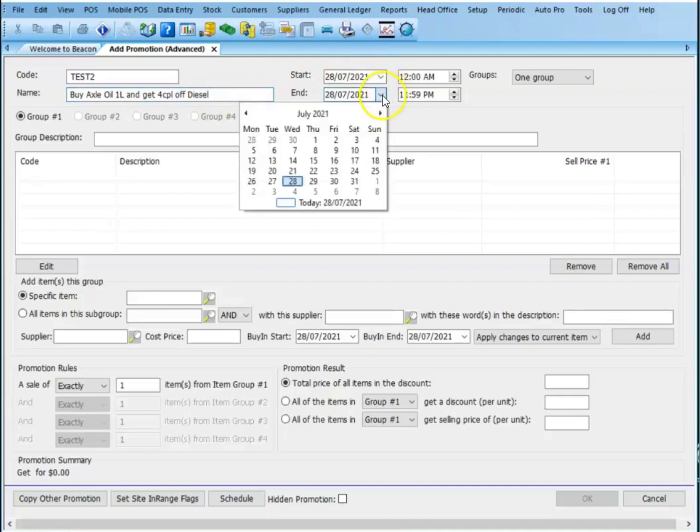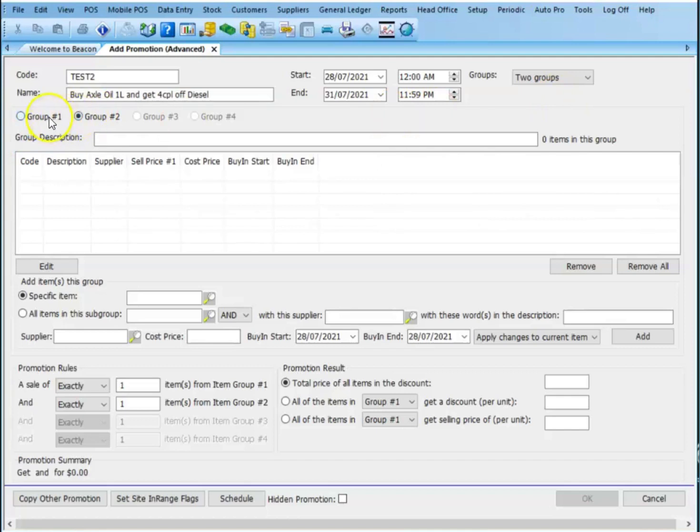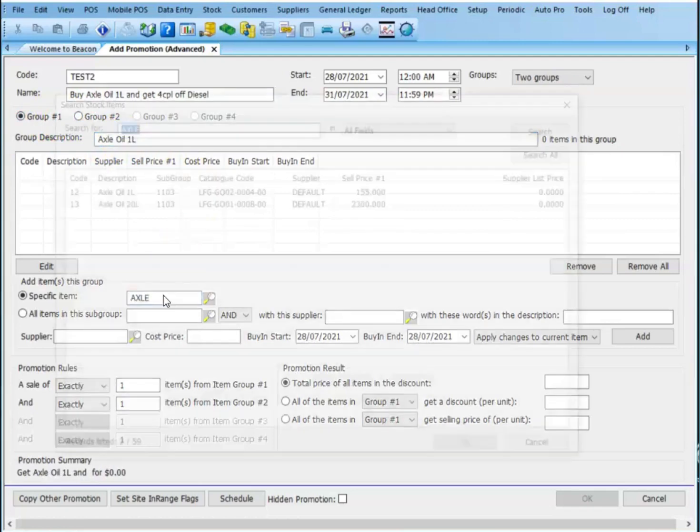Buy axle oil 1 litre and get 4 cents per litre off diesel. We'll set our end date to the 31st of July, and this one's going to be a 2-part promo. We're going to buy something from group 1 and we're going to discount group 2. So we need to set up 2 groups. Once you click 2 groups, you'll see that we actually have access to 2 groups now. So our first group is going to be our axle oil 1 litre. So we're going to pop this specific item in